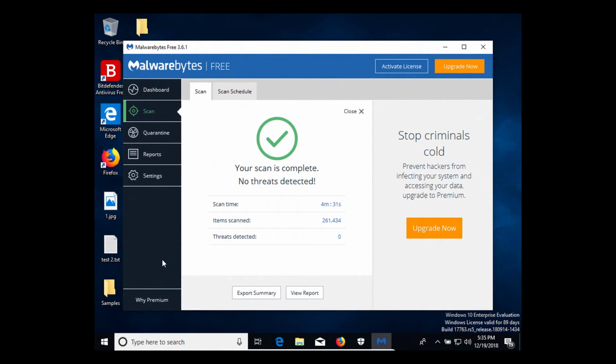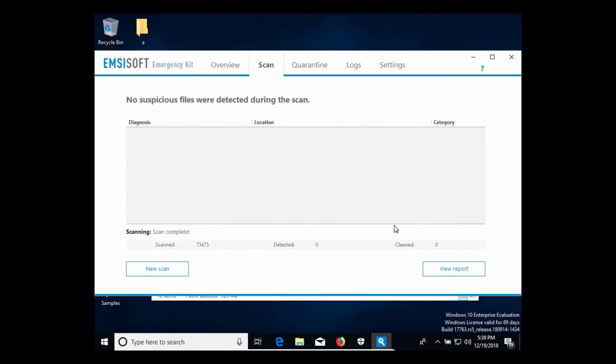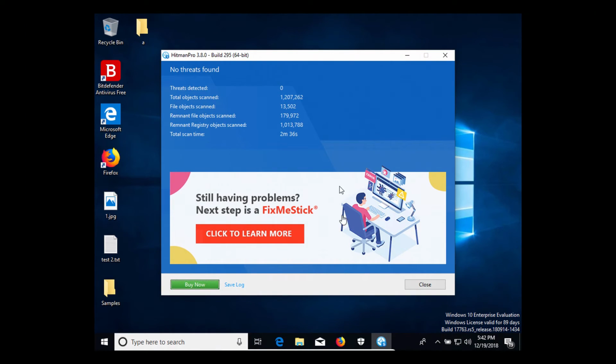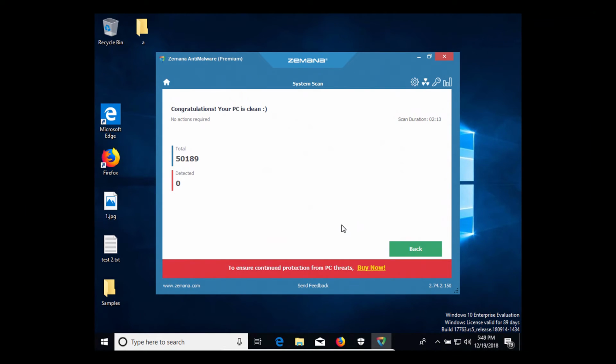Now I did run additional scans just to make sure that Bitdefender did not miss anything or leave anything behind. And so we can see here with Malwarebytes, it did come back clean and detected 0 results. Also ran a scan with MZSoft and it also came back clean with 0 results. Hitman Pro also looks good with 0 results detected. And then last, I ran Zamana, which also came back clean with 0 results detected. It is important to note that I did have to remove Bitdefender before I could run Zamana as they are